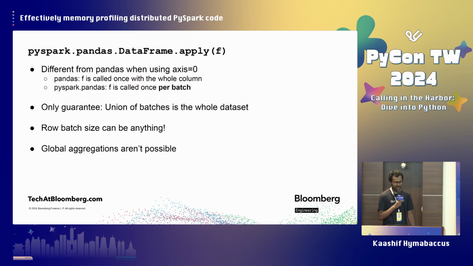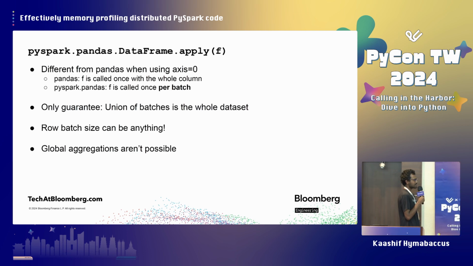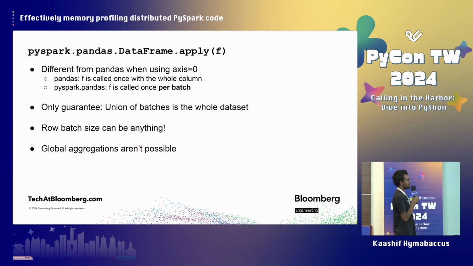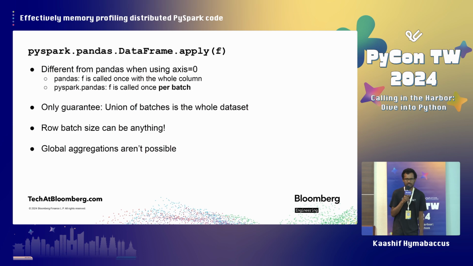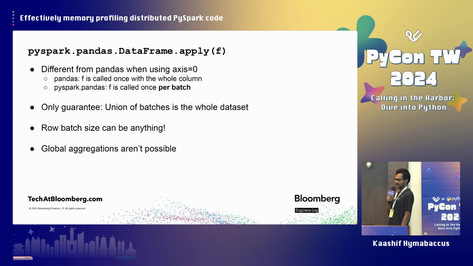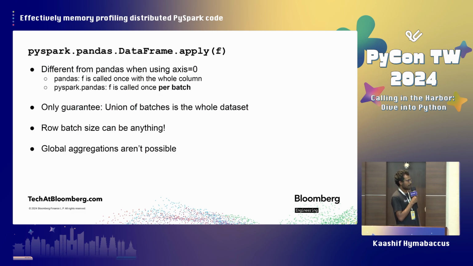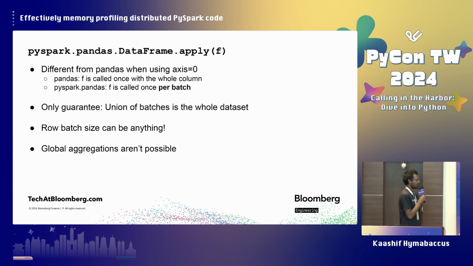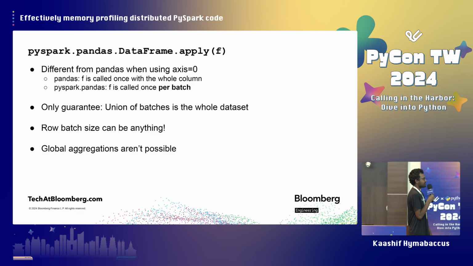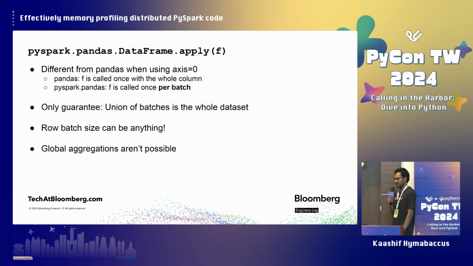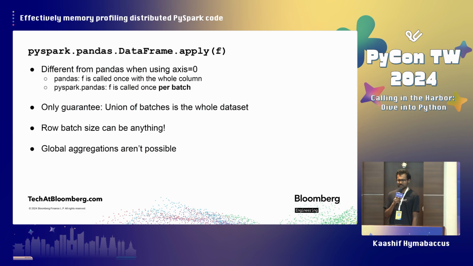And the last case I want to highlight here is data frame apply. This is a case where it's not just slower in PySpark pandas, it's actually different. Your code will behave differently if you just do this naive find and replace type migration. So in pandas, if you use axis equals 0, f is going to be called with the whole column, and you'll get that whole column as a series. And you can do things like sum the whole column or take the average of the whole column,